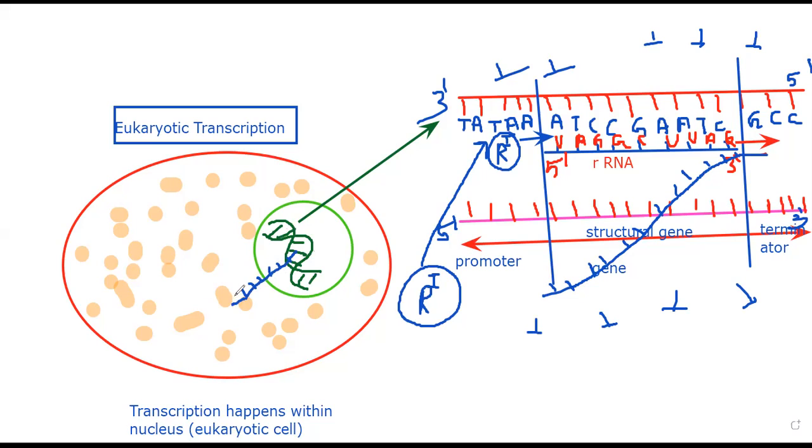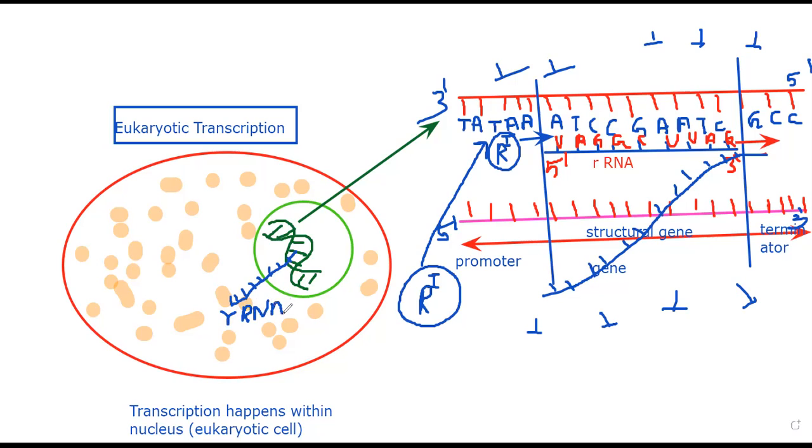Okay, now why is it coming out to the cytoplasm? Because in both the prokaryotic and eukaryotic cases, protein synthesis or translation happens in the cytoplasm only. But in eukaryotes, transcription happens inside the nucleus, and for the prokaryotes, the translation and transcription both happen in the cytoplasm. This is the only difference, okay? So I'll write it down for you on the board. Don't worry, I'm just telling you right now. So your rRNA is ready to serve its job.